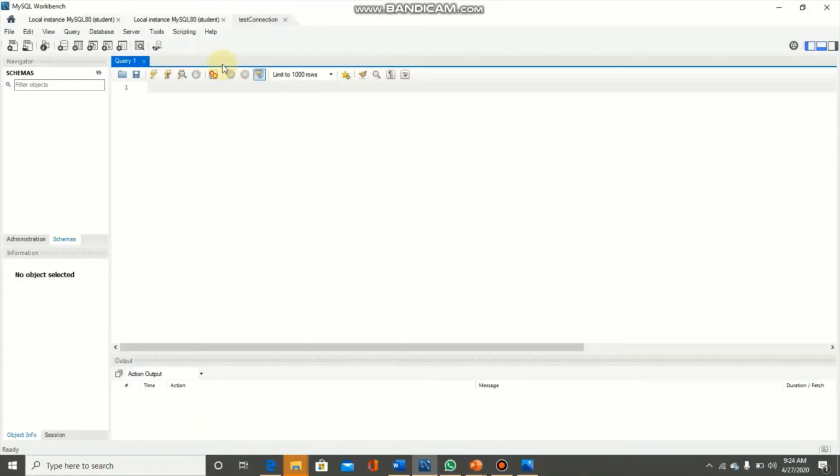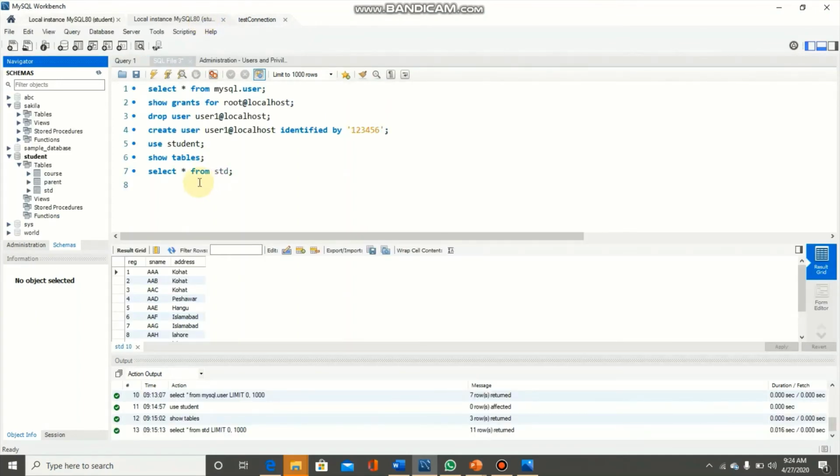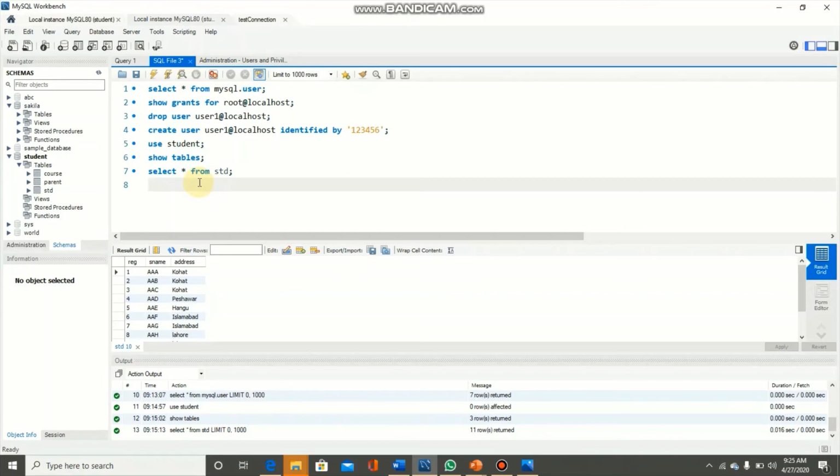Now I will move to the root user, and here I will type the command for granting the select privilege to user1 on the student database.